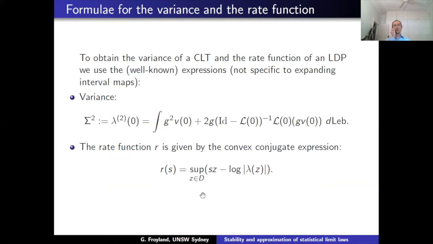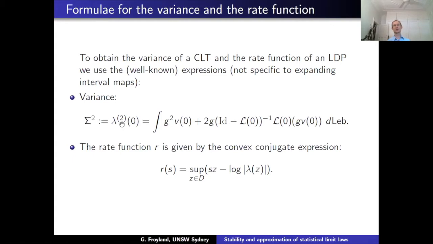All right, so how do we actually compute the variance in the rate function? In my CLT argument near the beginning of the talk, I argued that the variance was given by the second derivative of the top eigenvalue with respect to the twist at zero twist. Numerically, you could compute the top eigenvalue for twists nearby zero, and you could do differencing to try and estimate this second derivative.